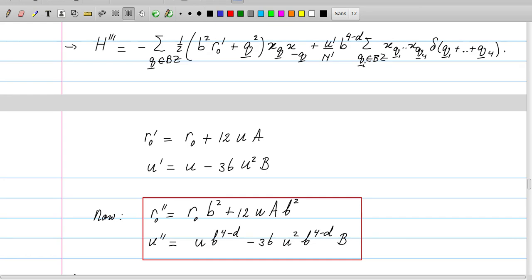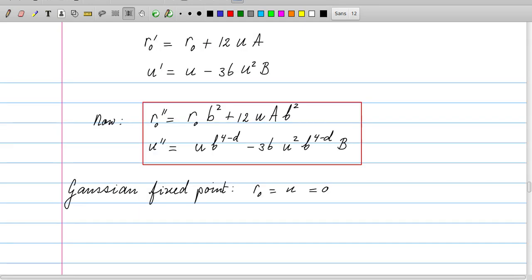Recalling the values of R0 primed and U primed, which arose from the first step in the renormalization procedure, we can see what the additional changes are. So a b squared in front of the R0, a b to the power 4 minus d in front of the U, and then we have these extra terms. This one also, of course, acquires this factor b squared, and this one is just the 36u squared b that we see here. Having this renormalization transformation, the first thing we should look out for is a fixed point,